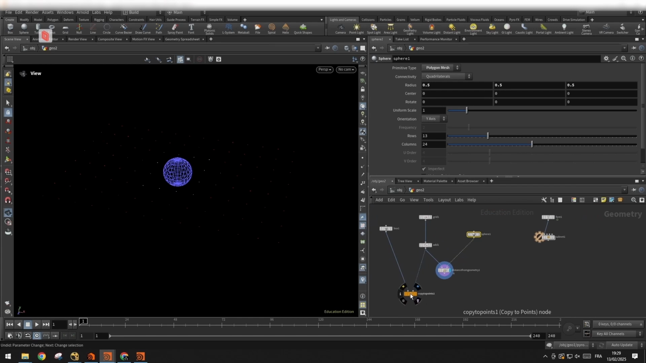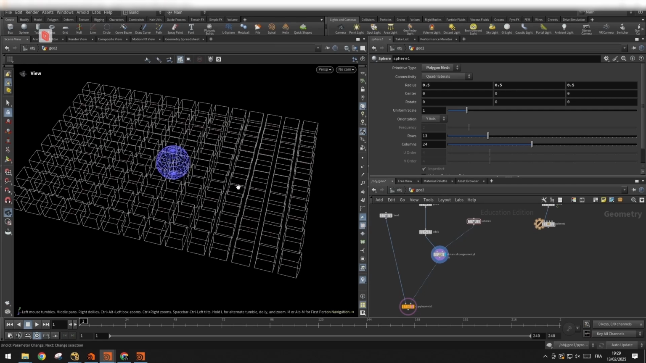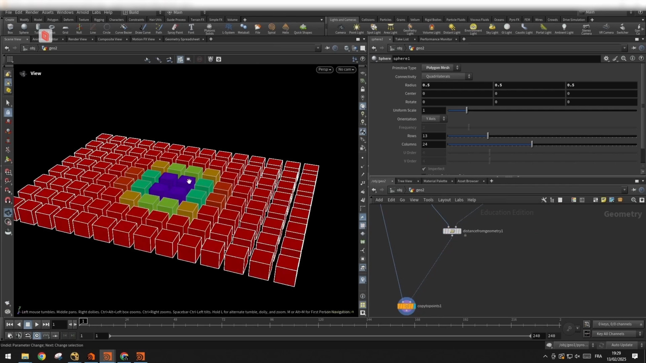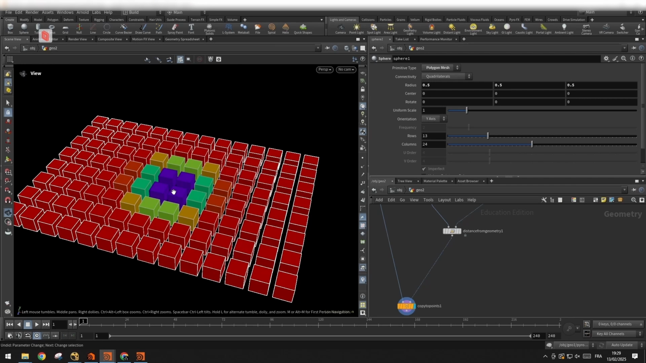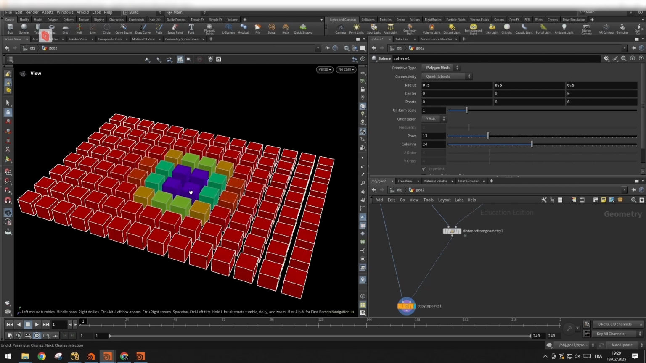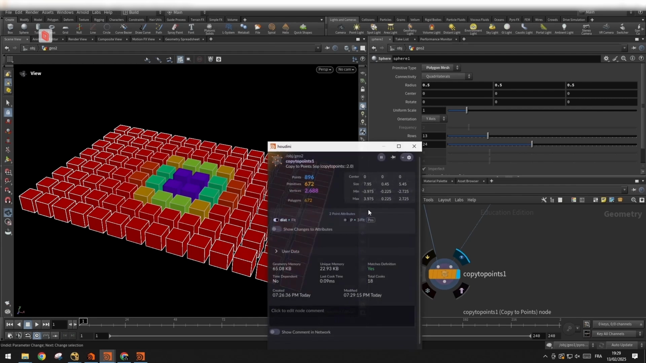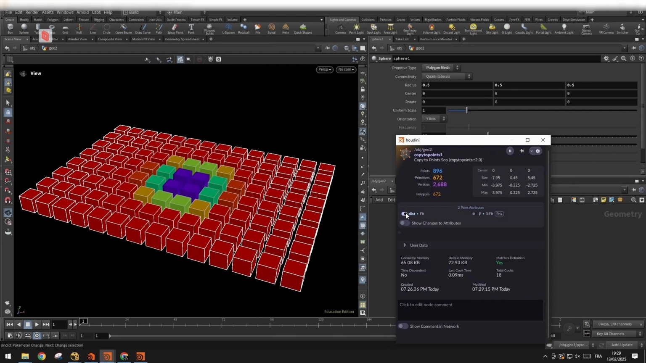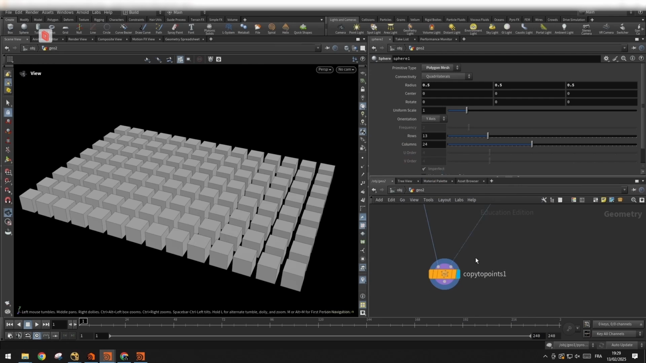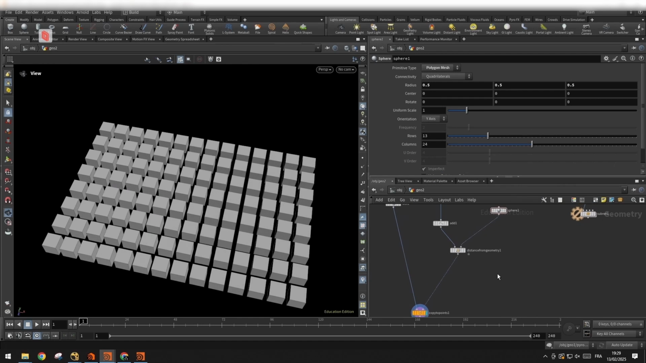Okay, so now that we have this, what does it do? For now, it does nothing. Okay, because we are visualizing the attribute, it colors everything. But if you want to get back to the original shading, you can just click on this attribute. Okay, so now it does nothing, and it's totally normal because we haven't said to Houdini that we want our